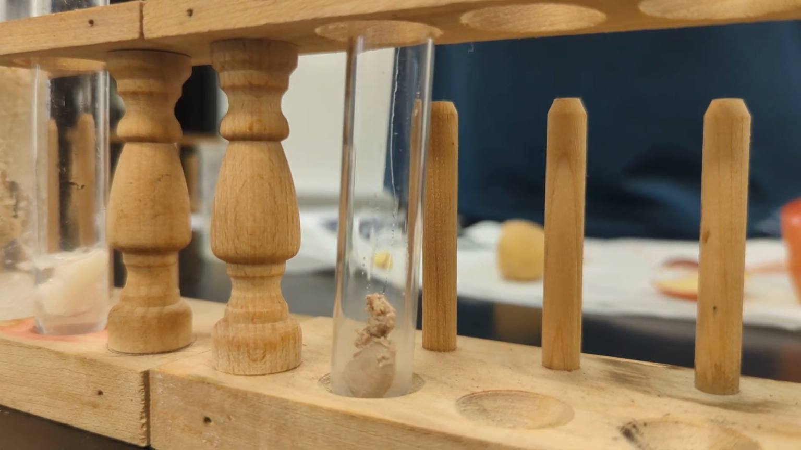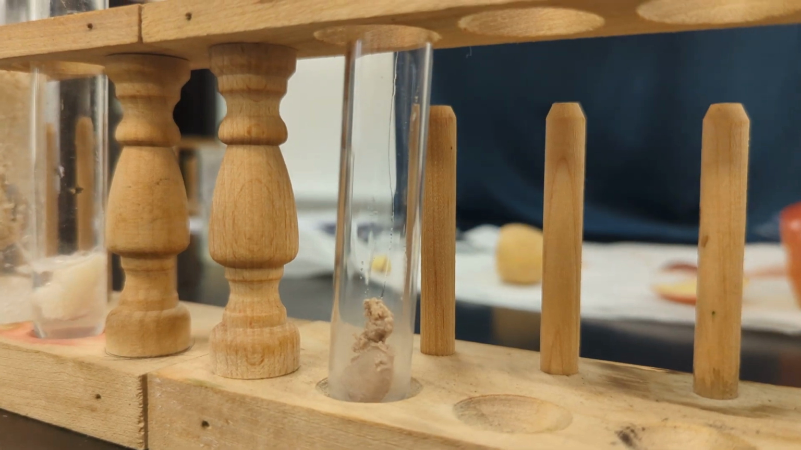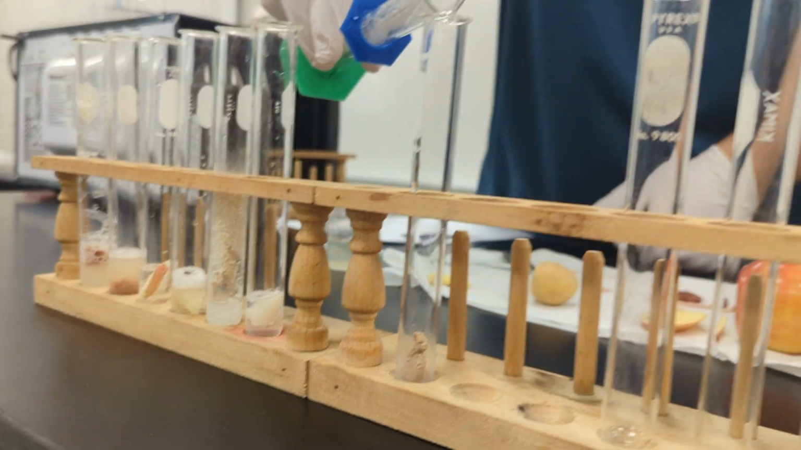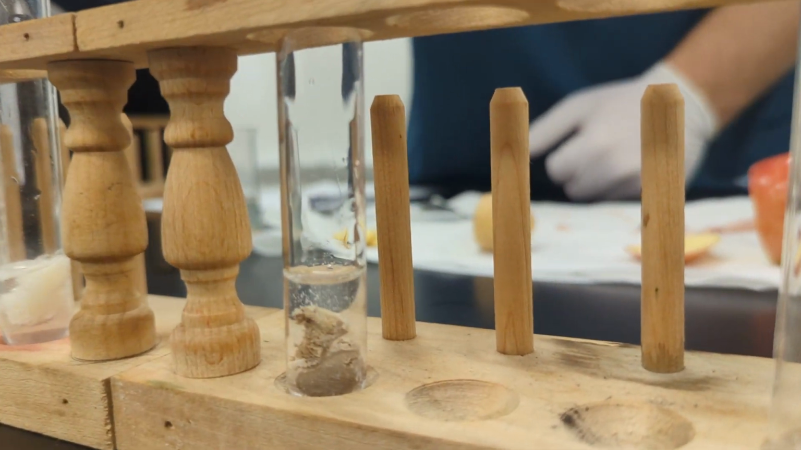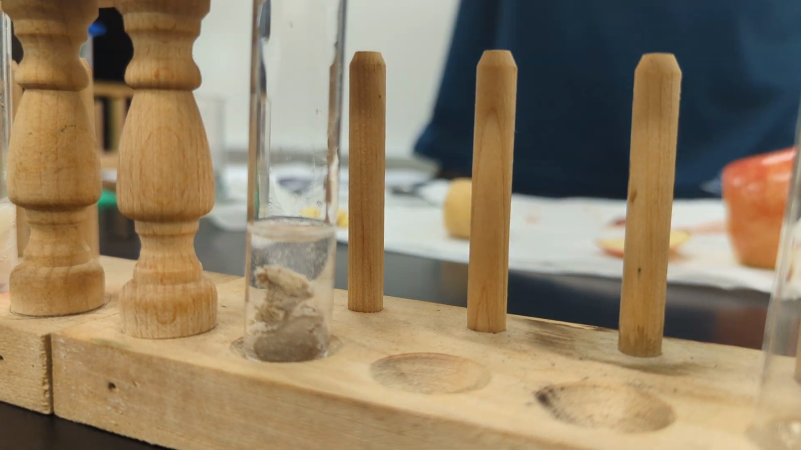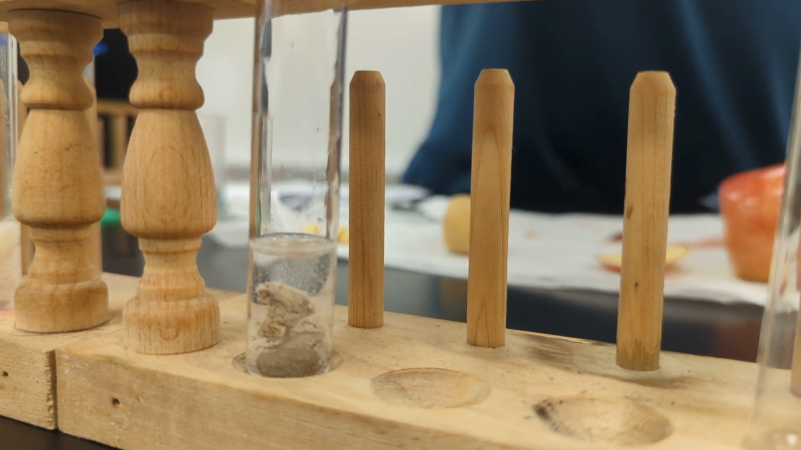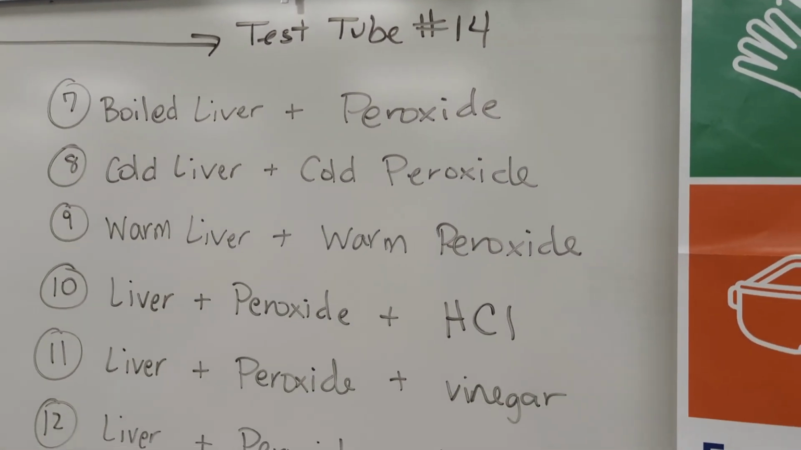All right, this is test tube 7. We're going to look at what happens if the liver has been boiled and we add peroxide. Well, you can come up and see. For test tube 8,